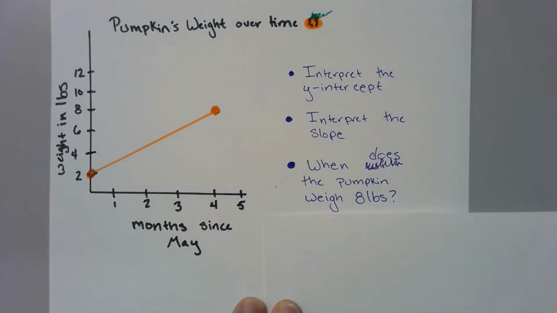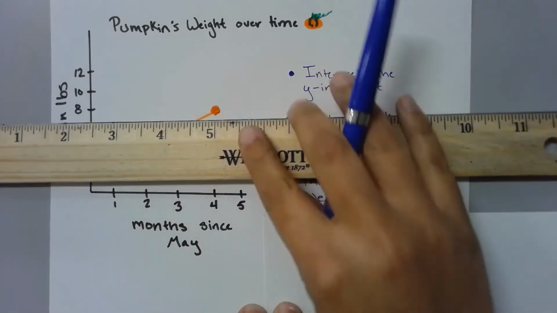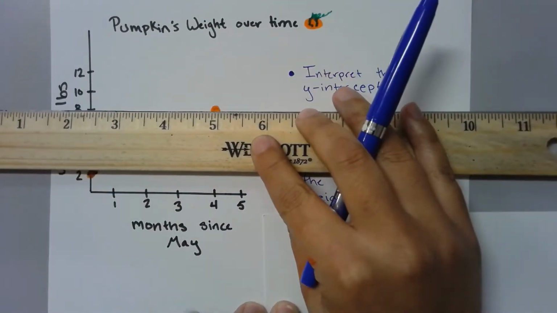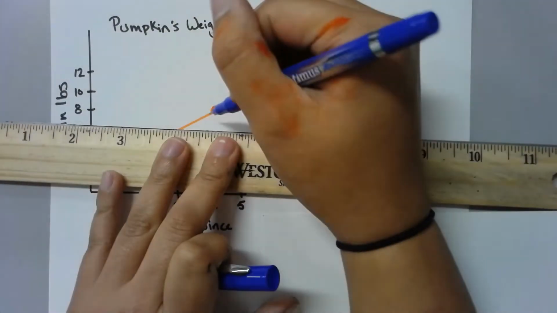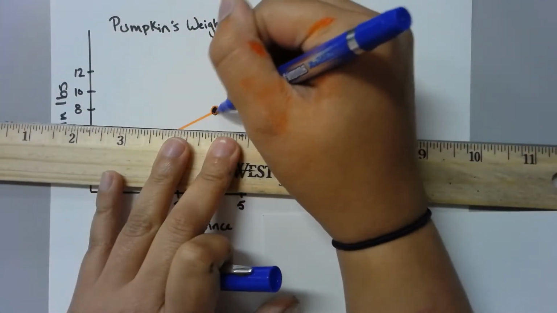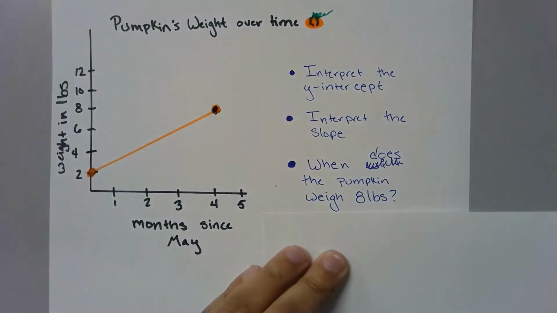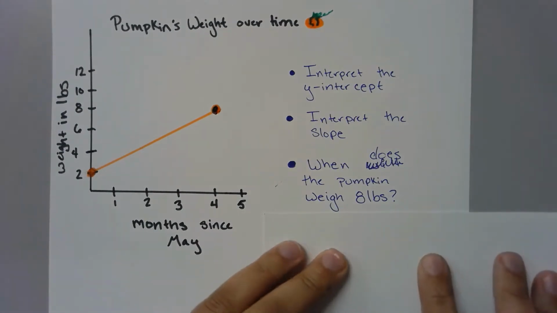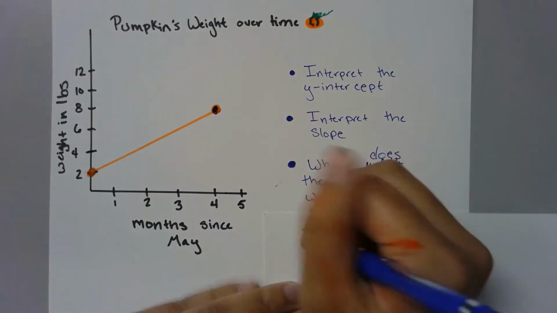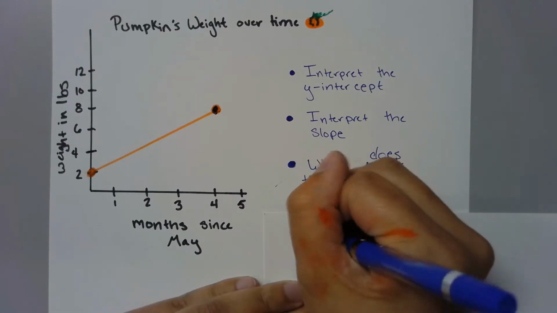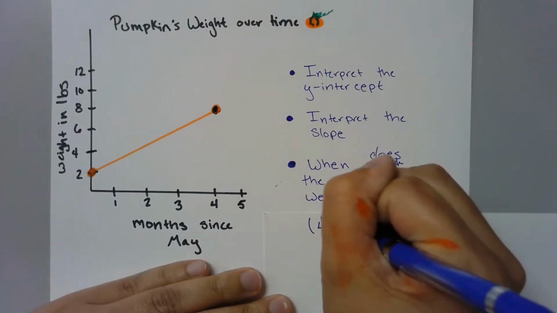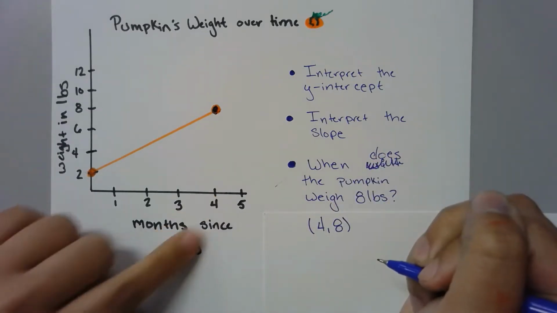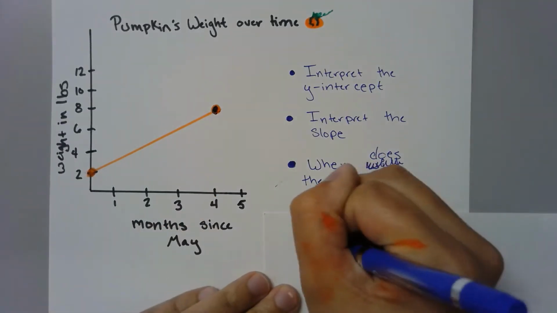Well, I'm going to just take a ruler, because I don't have any grid lines, and say, oh, when the pumpkin weighs 8 pounds, we're at this point. Just going to mark it with a little dot. All right, so I'm at this point right here. And so the pumpkin weighs 8 pounds at the point. Here this says 4, 8. And so this says 4 months since May,